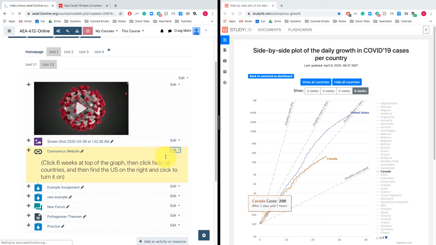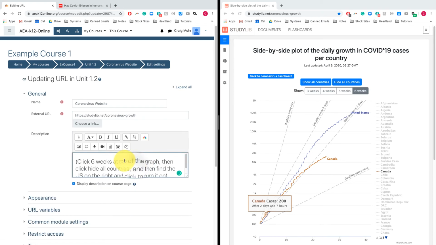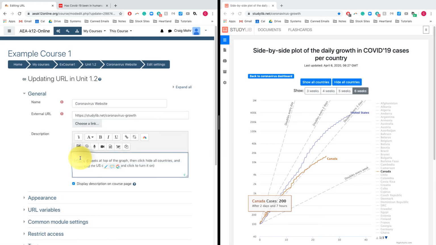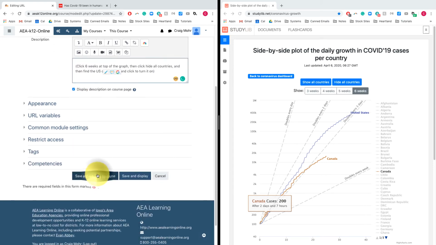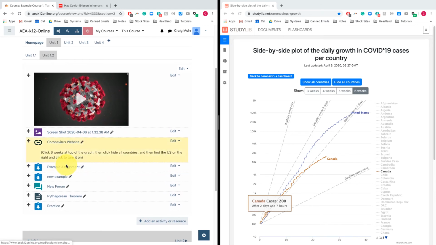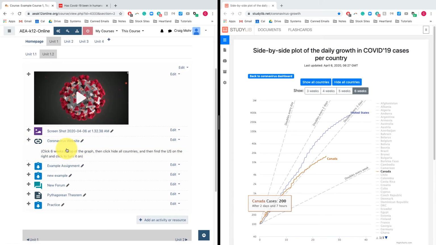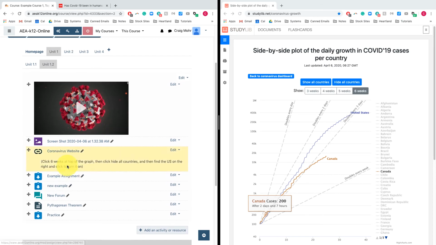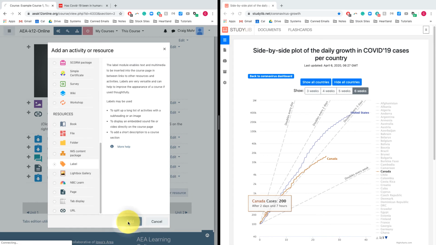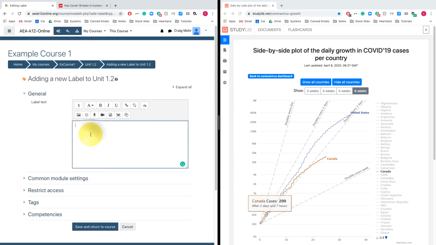And maybe not make it quite that big. So we'll just Control A and we'll make that. Okay. And then, let's see, that was step 1, step 2, step 3. Now step 4 would be the assignment, so we'd probably get rid of the directions in there and just say this is your upload. But now what we can do is put a heading on this. And we can call this